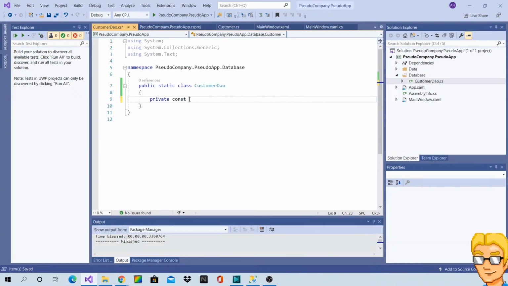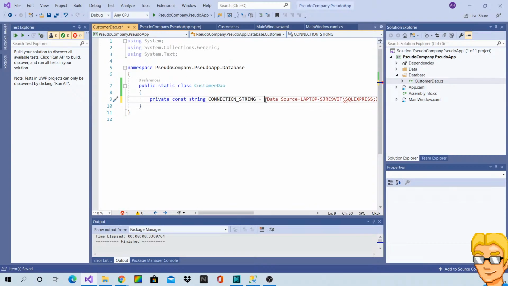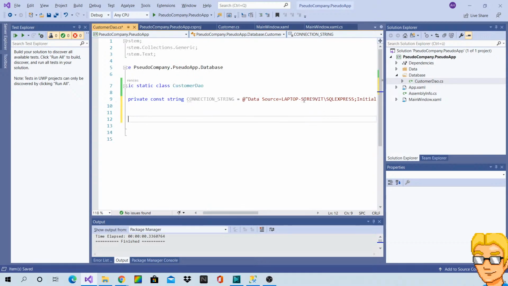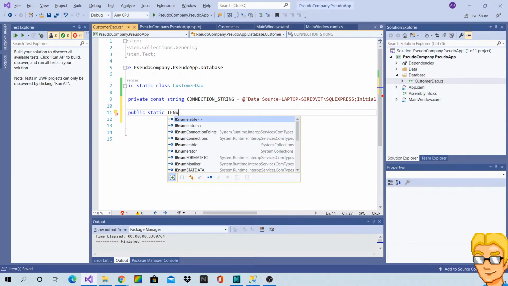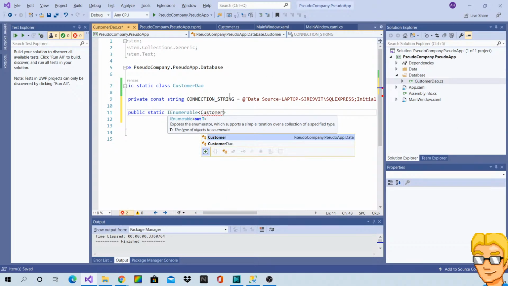So first of all, I'm going to put the connection string here. Customer. Come on.